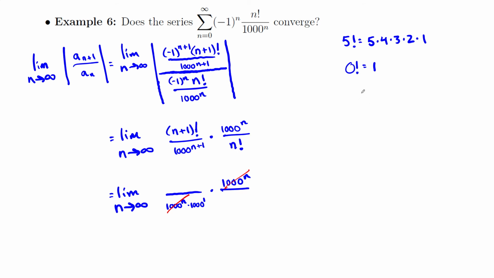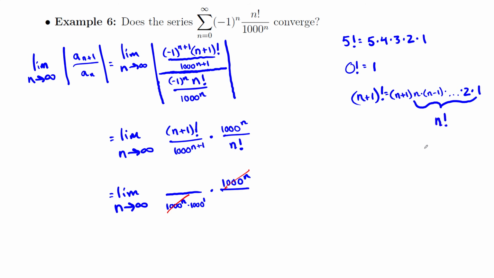So if I have n plus 1 factorial, that means I'm taking n plus 1 times n minus 1, and I just keep multiplying until I get down to 1, right? Just like when I had 5 factorial, I start with 5 and then just multiply on down. Okay, but what is this right here? If you take n times n minus 1 times all the way down times 2 times 1, that is just